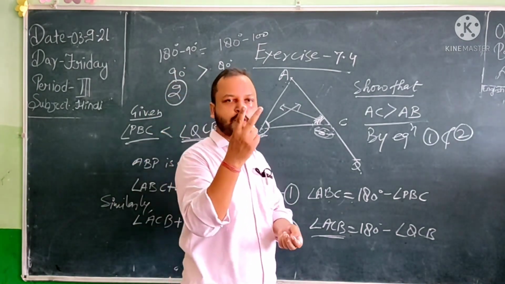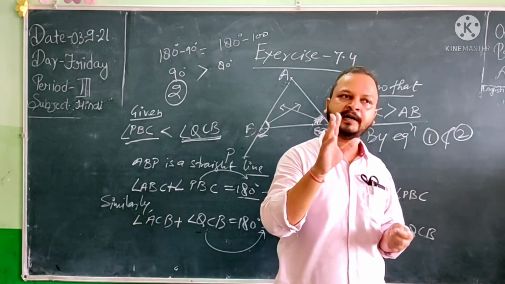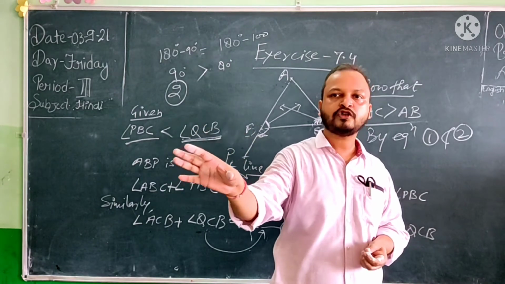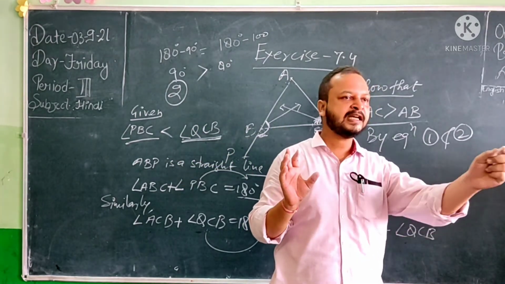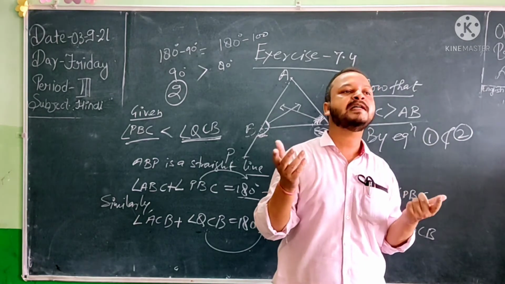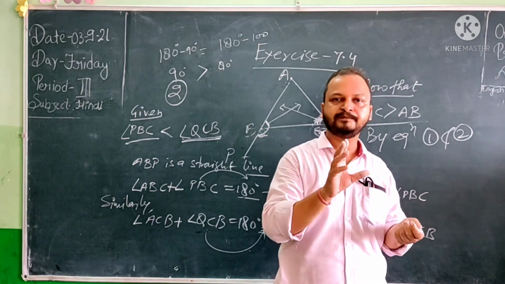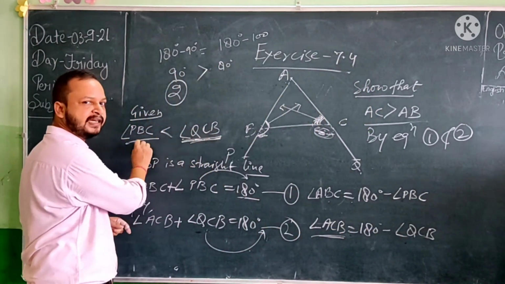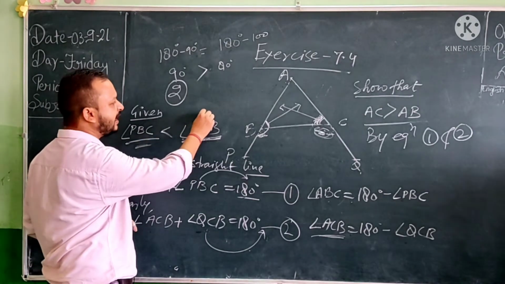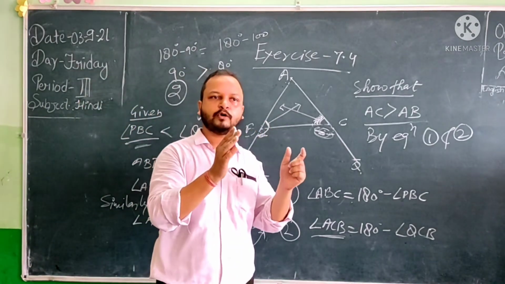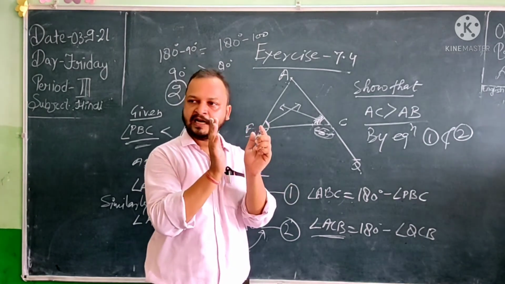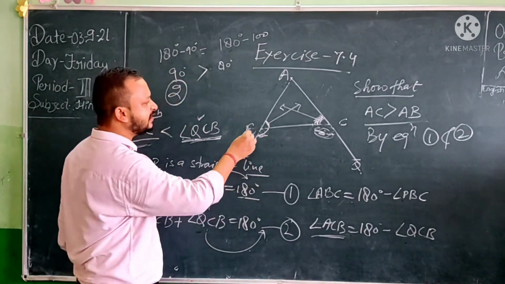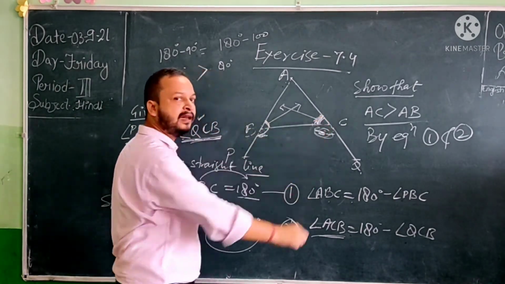अब सपोज दो लोग हैं, वो गए कहीं शॉपिंग करने, 100 रुपीज थे. अब एक ने क्या किया, 100 में से 50 की उसने कुछ चॉकलेट परचेज की, ठीक? और एक ने क्या किया, केवल 40 की चॉकलेट परचेज की. तो किसके पास ज्यादा अमाउंट बचेगा? जिसने 40 की की है. यानी 50 इज ग्रेटर देन 40. सेम थिंग इज गिवन हियर, 50 इज ग्रेटर देन 40. ठीक? अब हमने क्या किया, ग्रेटर पार्ट जब इक्वल अमाउंट में से सब्ट्रैक्ट होगा तो हमें स्मॉलर पार्ट बचेगा, राइट? और यहीं पे जब स्मॉलर पार्ट सब्ट्रैक्ट होगा तो ग्रेटर पार्ट बचेगा. इट मीन्स यहाँ पे एंगल B इज ग्रेटर देन एंगल C.